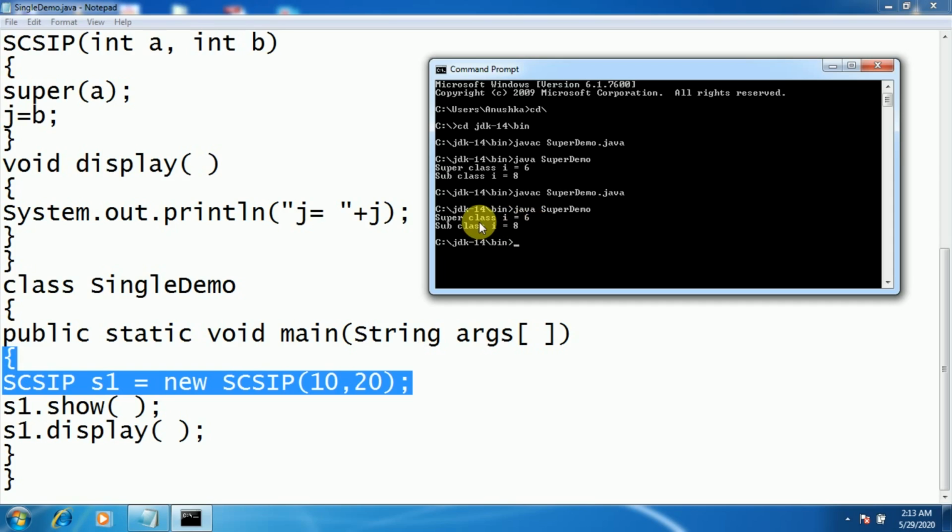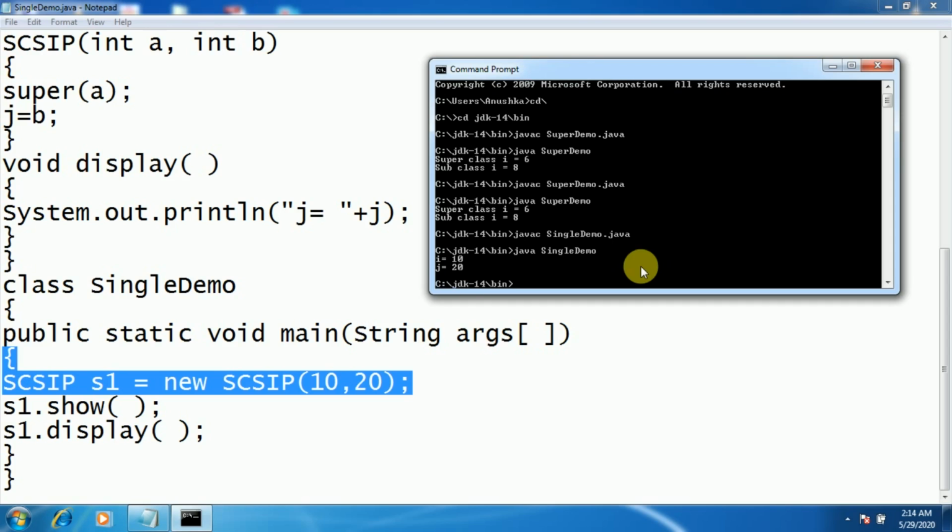Sorry, it's not super demo, it's single demo. The name of the file is SingleDemo. I is equal to 10, j is equal to 20. So this is how you can call the superclass as well as subclass members inside main through the object of the derived class.